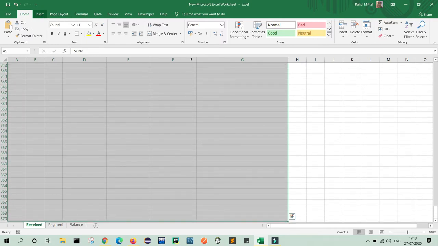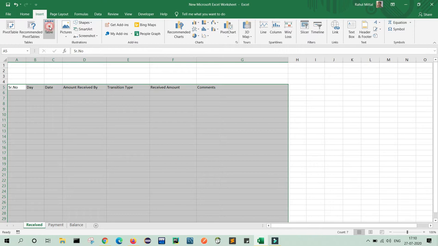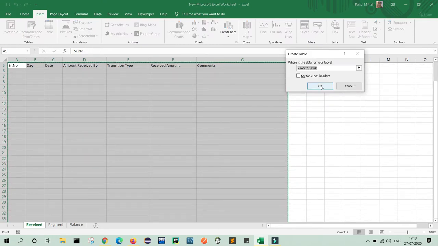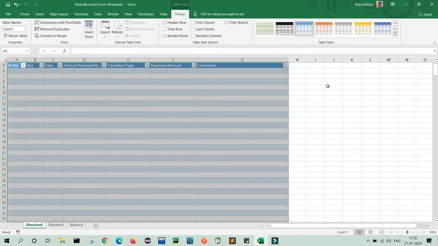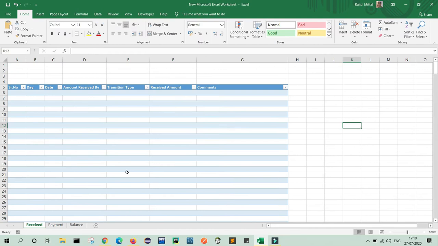I will go up, insert table, and yes, now you can see I've created one UI for received payment.